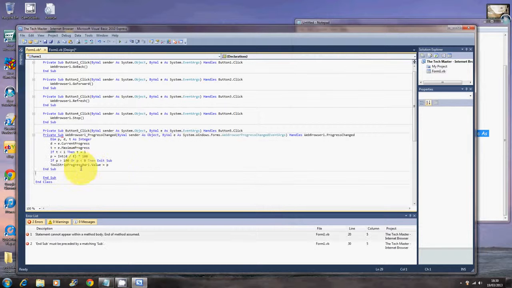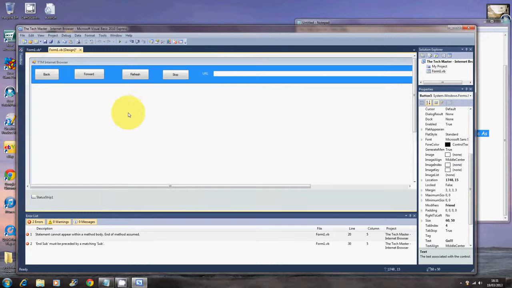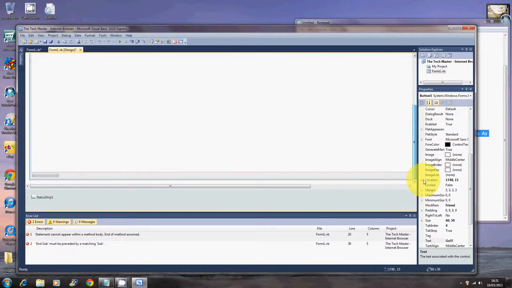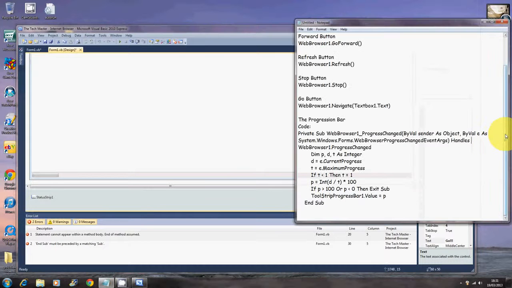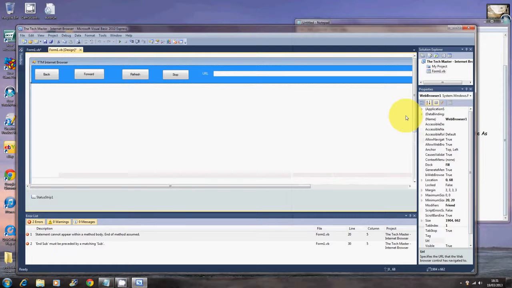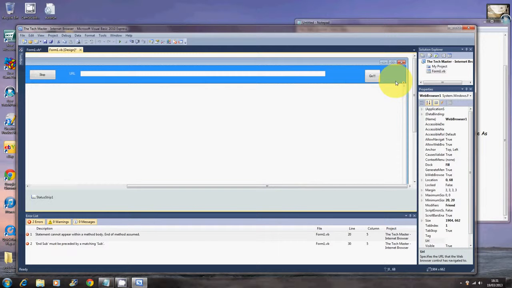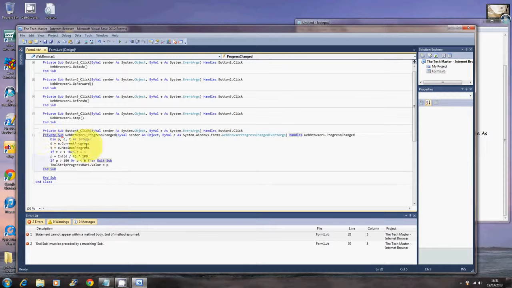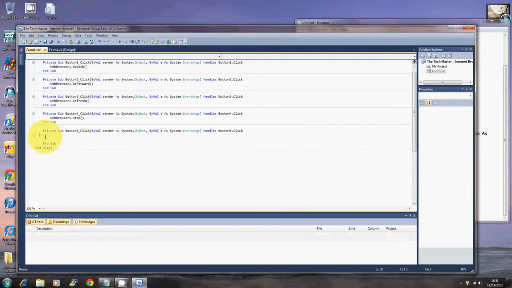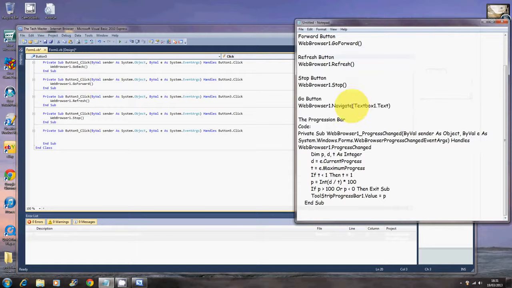Now after that, this should work fine. Afterwards, just making sure that I've got everything. Progression. Oh wait a minute, no, I made a mistake. Such a fool. Under this bit here, it tells you anything that's going wrong. So for me, it's this because I've skipped ahead. So what I need to do is take that off. I can delete that. Okay, and what I need to do is go to the right